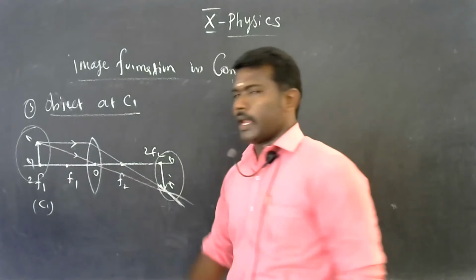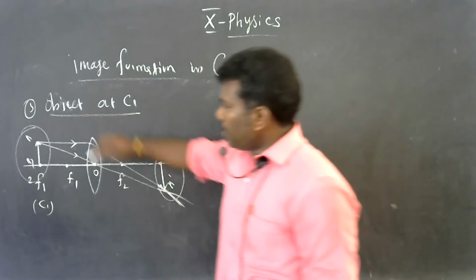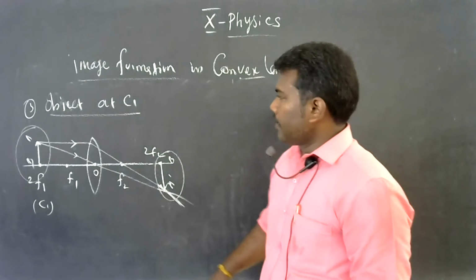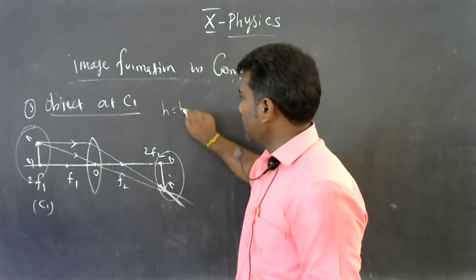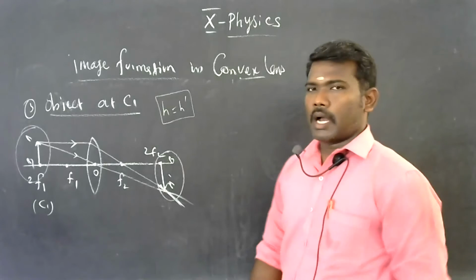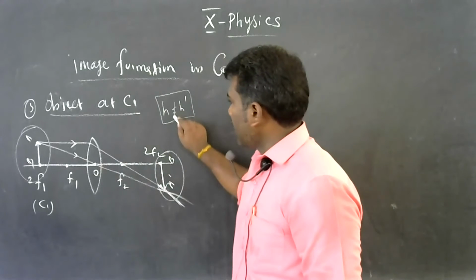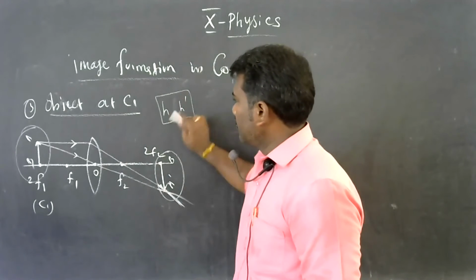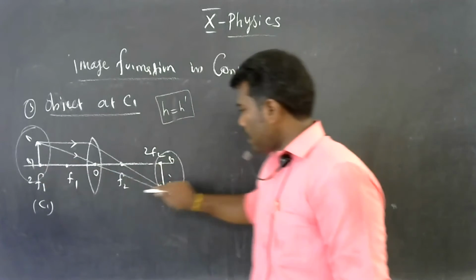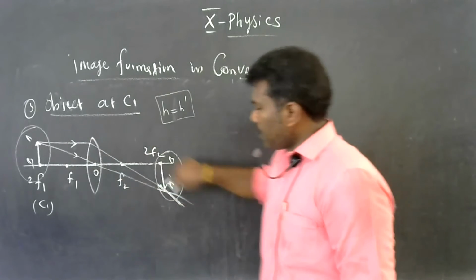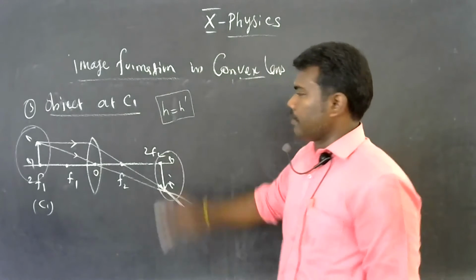After that, you draw the lines. It is better for getting full marks in this case, because if you draw the lines first, maybe the concept is deviated. That means in this case, H is equal to H dash. If you draw the lines and then draw the image, sometimes it will not work out. So always, first of all, note the height of the object and draw the image also, and after that join all the lines. It is better. Okay. So in this case, the image will be formed at the point 2F2.